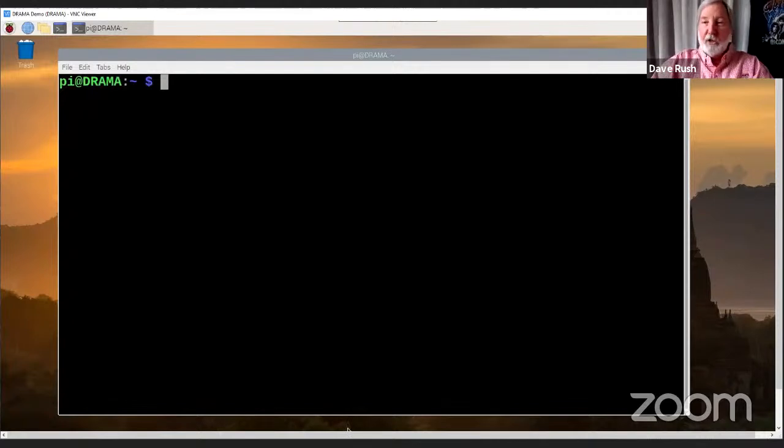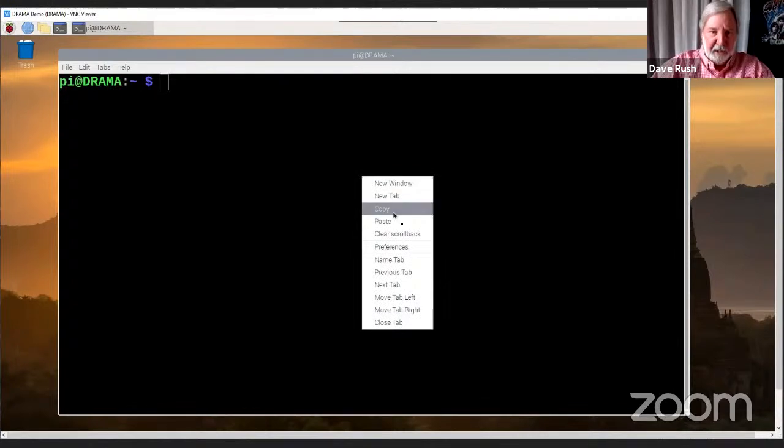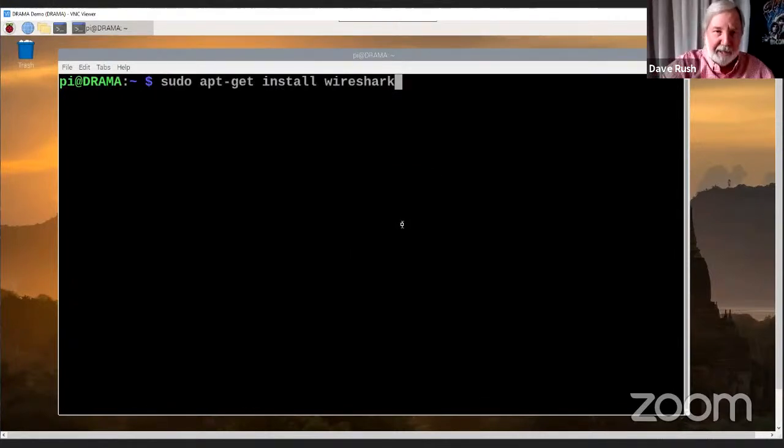All right, so the installation of WireShark is dead simple. This morning, to save time, so you wouldn't have to sit through a lot of boredom, I did a sudo apt-get update and a sudo apt-get upgrade, because otherwise we'd be sitting here for 20 minutes or so. And now all we got to do to get it installed is this. Let me bump over here so I can see what I'm doing. There we go. I did a copy and paste on it from my handy dandy notes. And remember, we can do sudo apt or sudo apt-get.